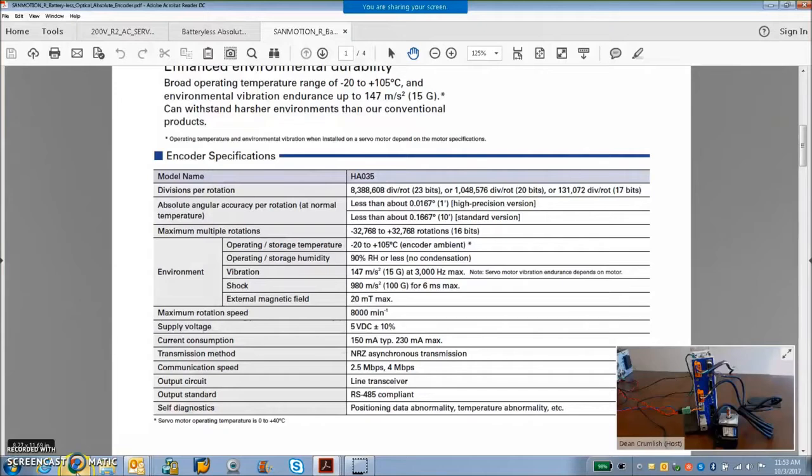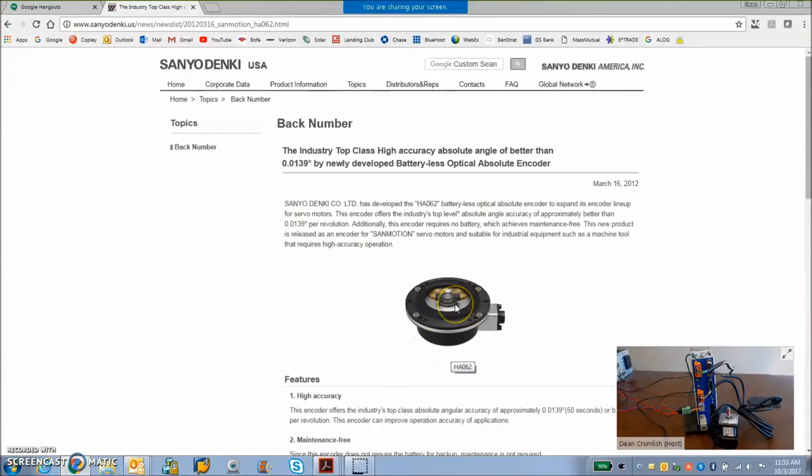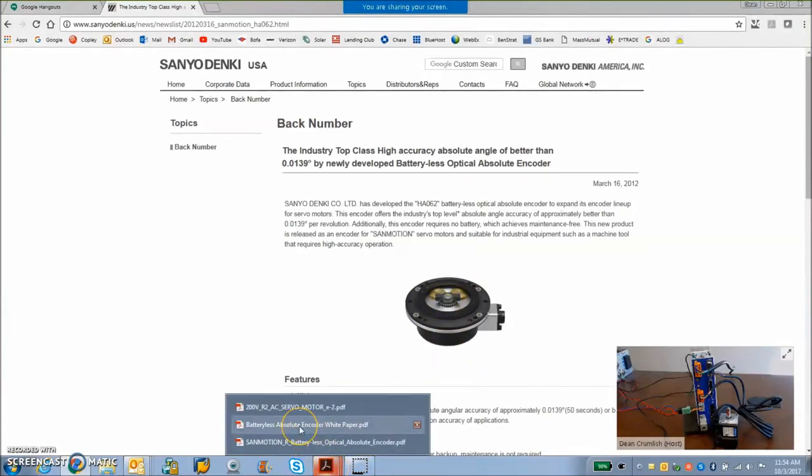Now when I first heard about this encoder, I had completely misunderstood the idea. It's not just a gear, although in this picture it looks like gearing to do multi-turn. That's what the Germans do. Like a Hengster will have a gear on it or precision gearing. But what this gear does is it generates a little voltage. So there's some gears in there. So when I turn the motor shaft, even when I'm not connected to the drive or I'm not powered by the drive,